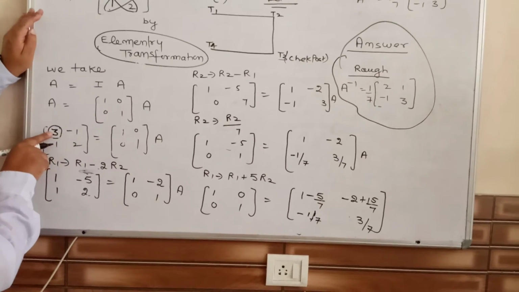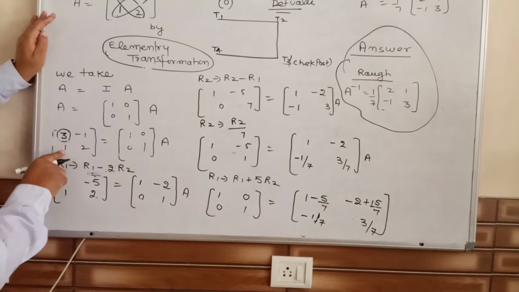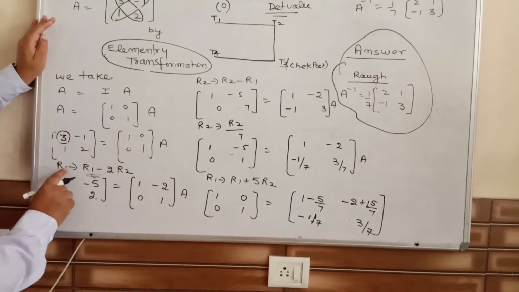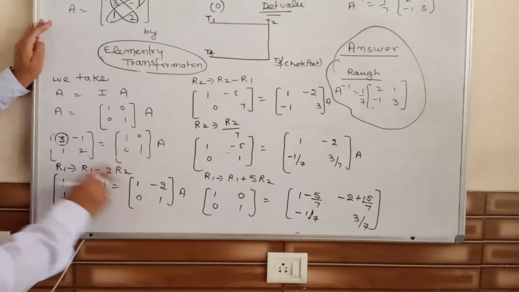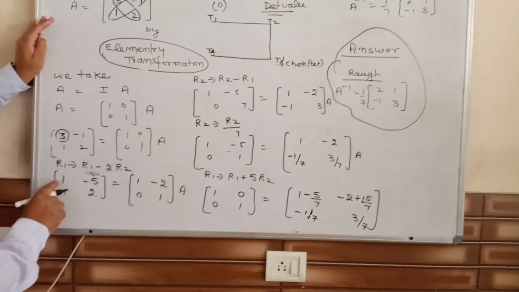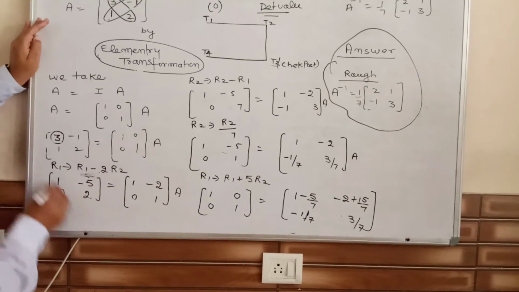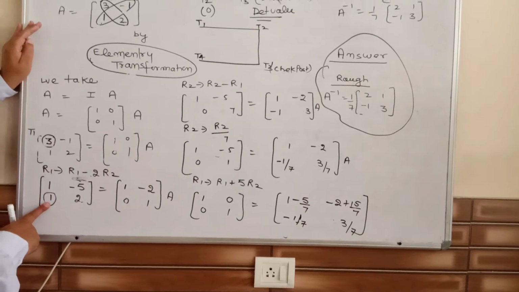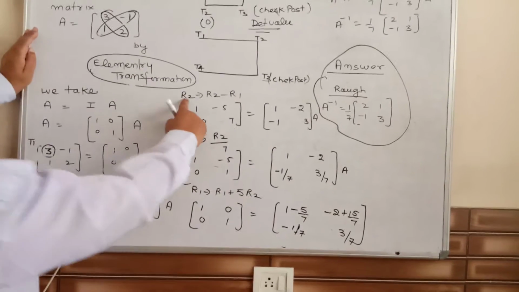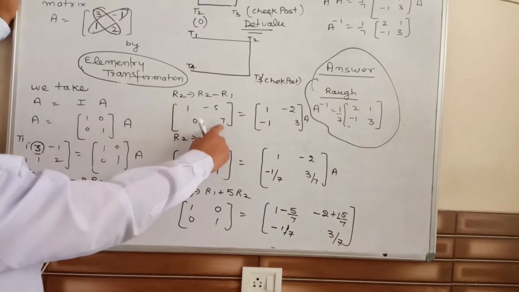So if here it becomes 3, then we take this row, multiply by 2 and subtract it. Like that, R1 goes to R1 minus 2R2. 2 1 ja 2, subtract it 1, 2 2 ja 4, subtract it minus 5. Now this is target 1, and now target 2, we have to make it 0. So R2 goes to R2 minus R1, and that is 0. And here it becomes 7.